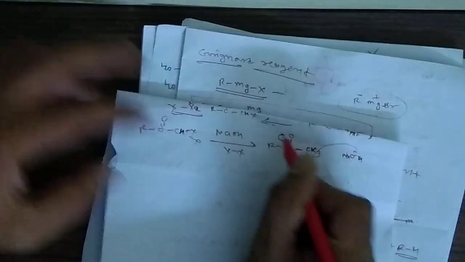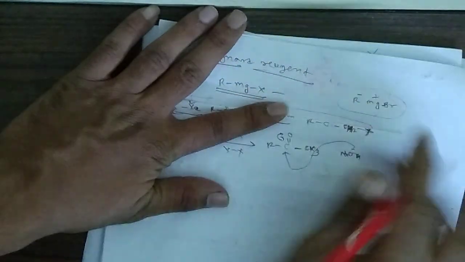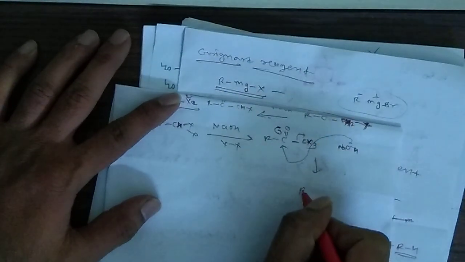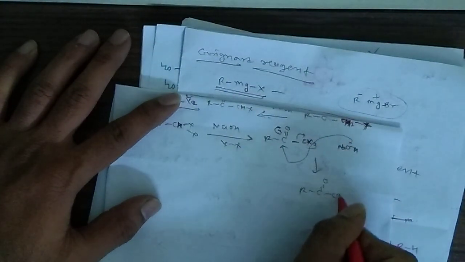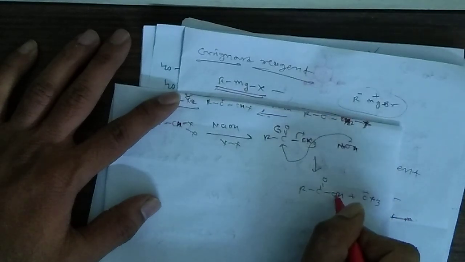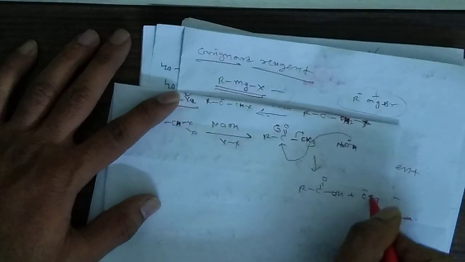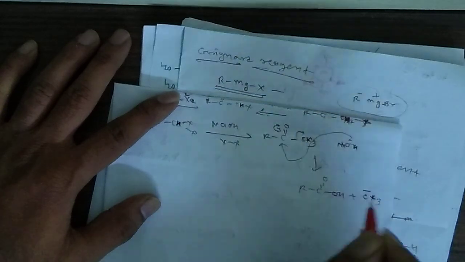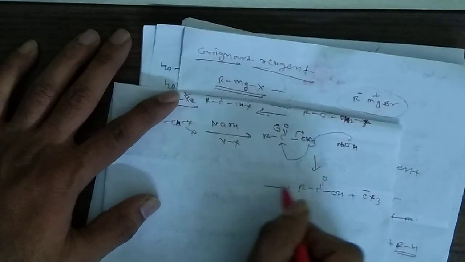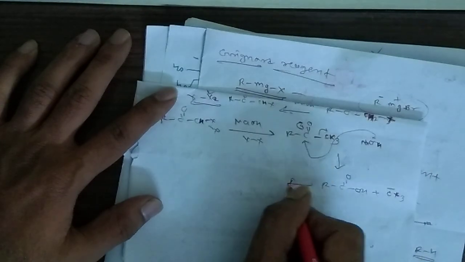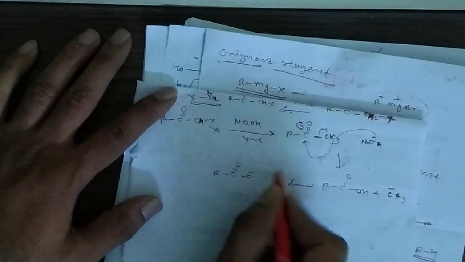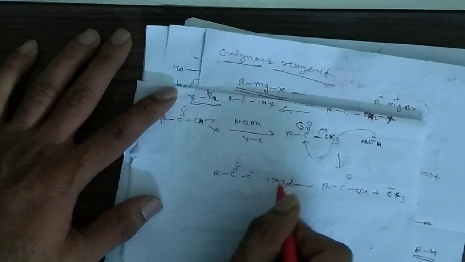So this bond will open, comes back, and this becomes a very good leaving group, therefore leaves out. So what is happening here? C double bond O, OH plus C minus X3. Now if you see here, this is a conjugate base, very strong conjugate base, and here is the acidic proton. So it will take proton from that acid. So it will form O minus plus CH X3.